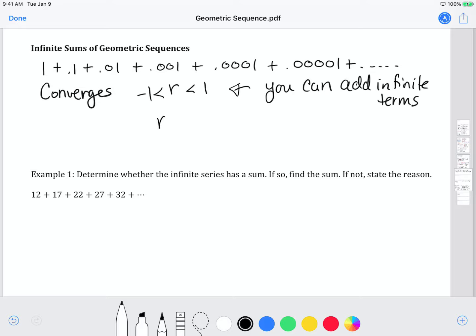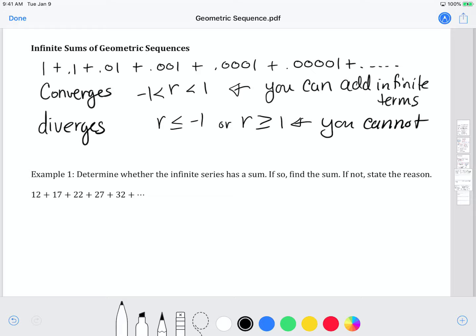If your value of r is less than or equal to -1 or r is greater than or equal to 1, then your series diverges, which means you cannot add all the terms